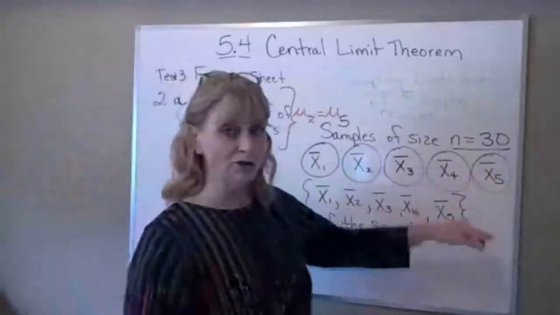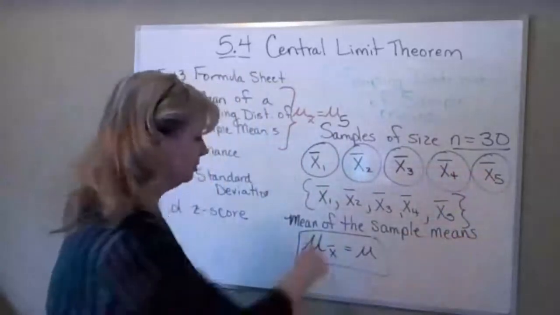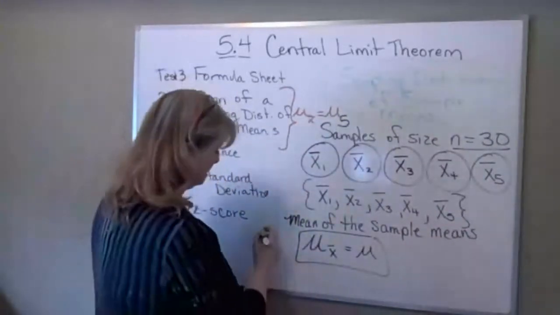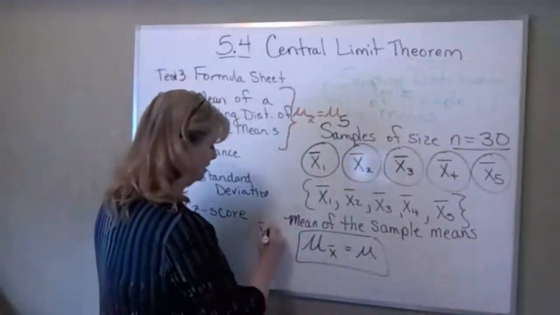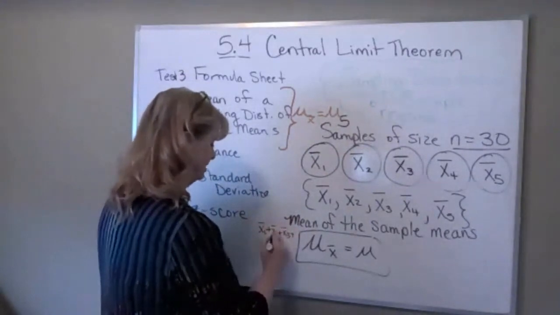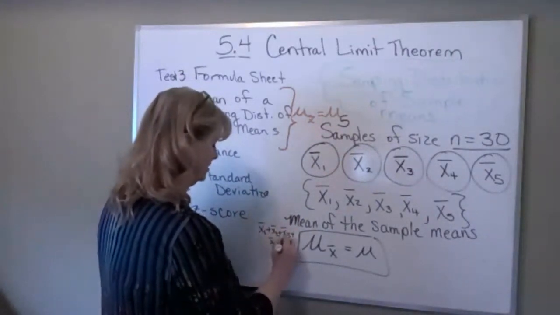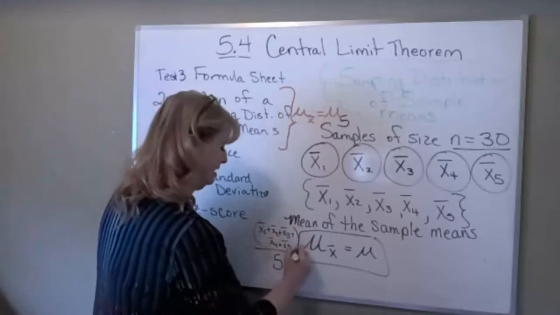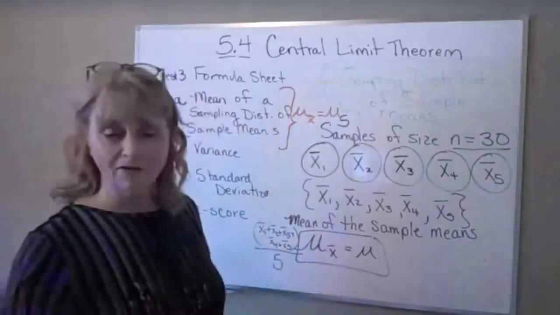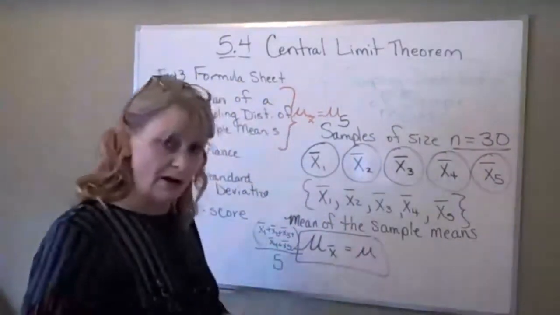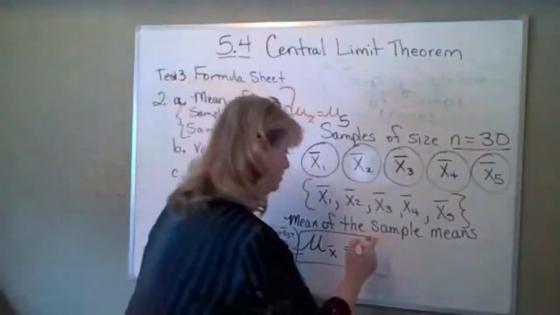Then when we average those averages, sounds kind of weird, we would add them and divide by 5 because there's 5 of them. So we would take x bar 1 plus x bar 2 plus x bar 3 plus x bar 4 plus x bar 5. We would take the sum of those and divide by 5. That would give us the mean of those sample means, and it would be equal to the mean of the